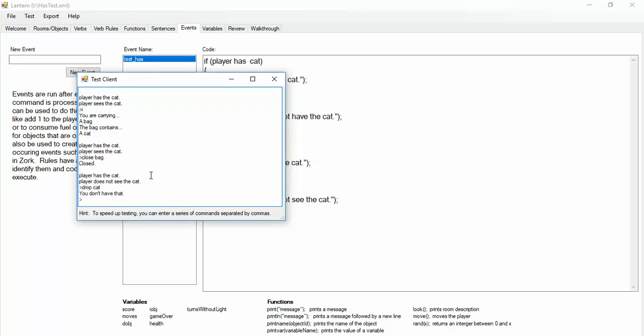Actually, it really should say you don't see that. But maybe you're carrying around a locked box and you don't know what's inside it. So you shouldn't be able to access it somehow. So there it is. It's doing a visibility check. The cat is in a container, and the container can be open or closed. And whether the container is open or closed determines whether I can see it. Now I have it either way,